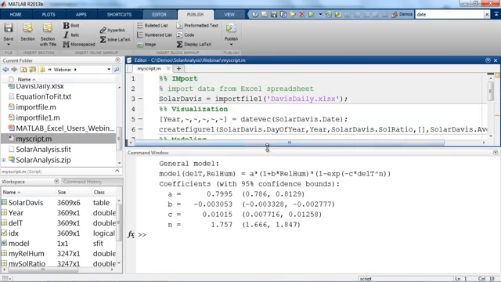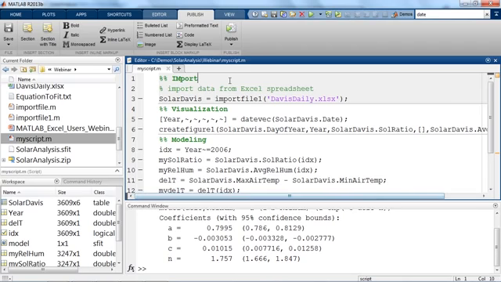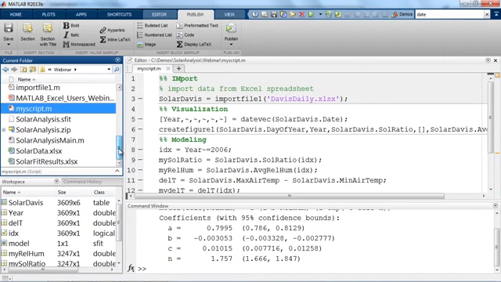So I think you can see how we can work inside of MATLAB, going through those three phases, accessing our data, bringing it into MATLAB, plotting it and analyzing it and building up mathematical models, and then documenting it, sharing it as a report. And if we keep building this analysis up, we might eventually wind up with something like